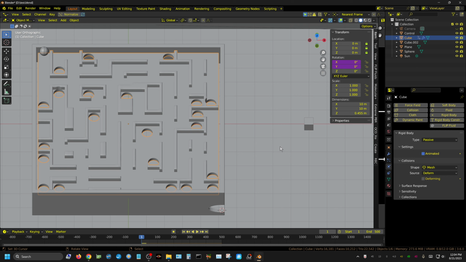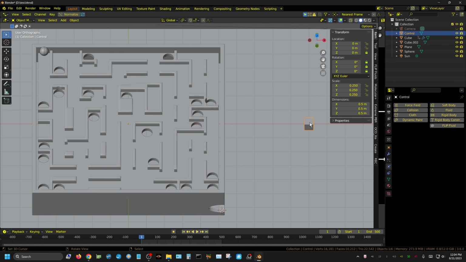Now, what I ended up doing is taking this object, the surface right here, and locking the location. That way, if I try to grab it, nothing happens. It doesn't go anywhere. And on this one, I've obviously got the rotation locked and the z-axis locked, so that it can only move on the x and y axis, which is what I want. So I'd select both of these. This was my solution. I selected both of